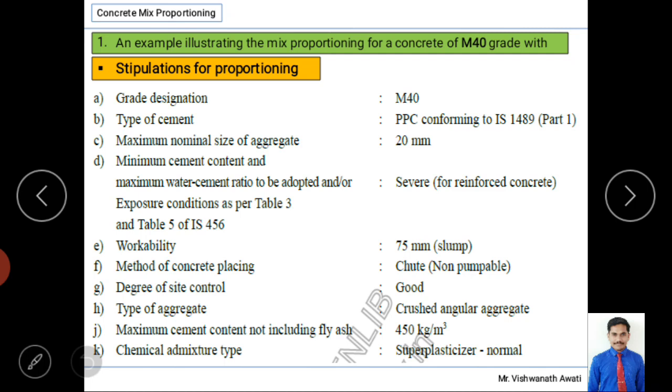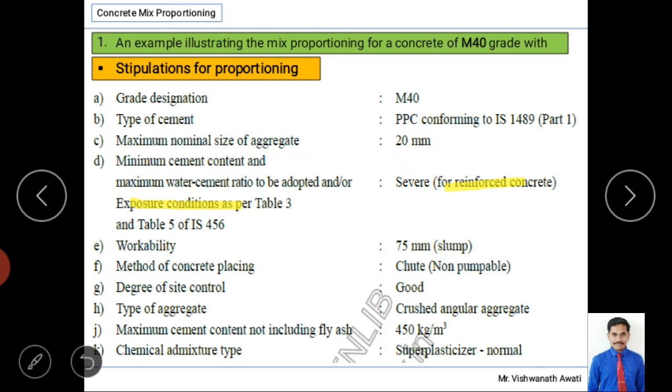Here grade is M40, type of cement is PCC, maximum nominal size of aggregate is 20 mm, and exposure condition is severe, and it is for reinforced